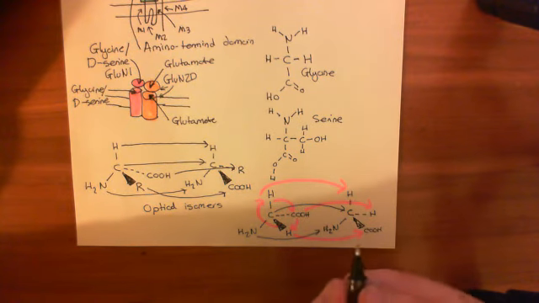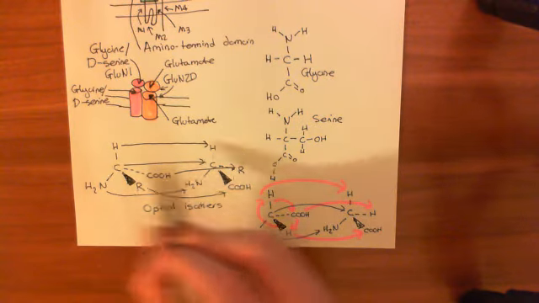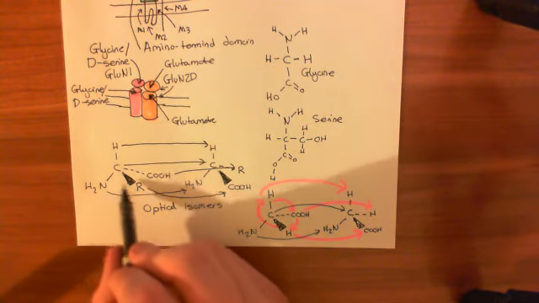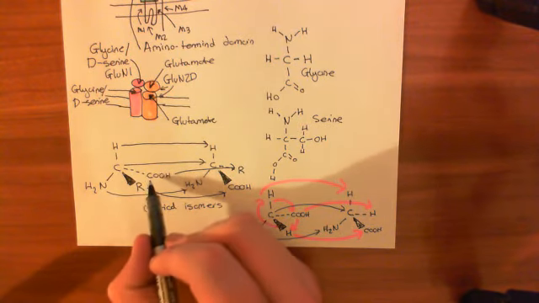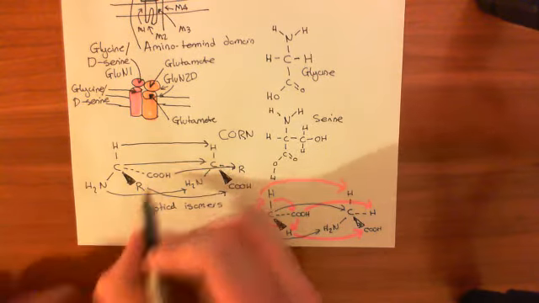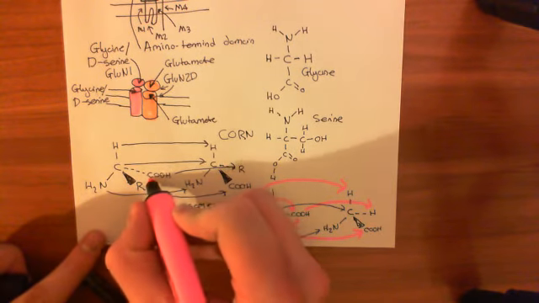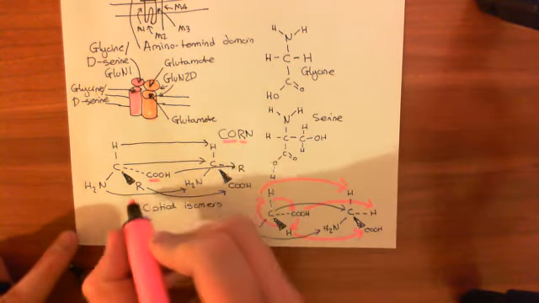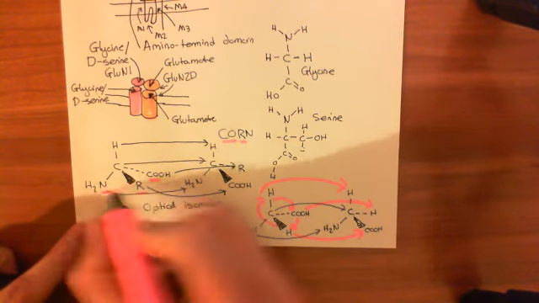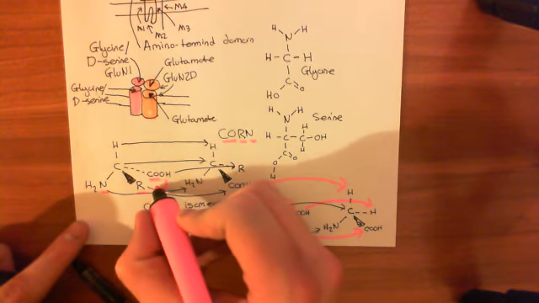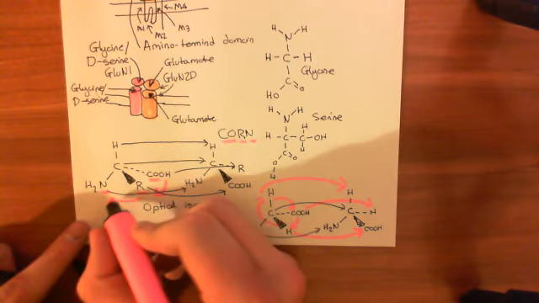levorotatory. And the way to remember which of these two is the levorotatory and the dextrorotatory is to draw them like this, and look for how you read the word CORN. You need to read this word CORN, and you use the CO from the carboxyl group, the R of the R group, and then the N of the amino group to make this. So in this case, you go from COOH to R to N, and you go round